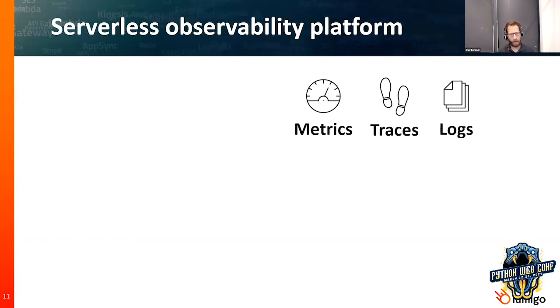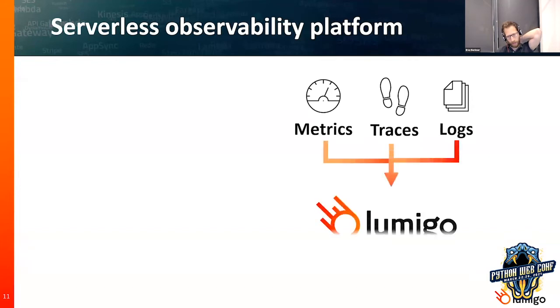These are the things that every monitoring platform should gather in order to give you visibility into what's going on in production. And specifically, we do that automatically with our SaaS platform in Lumigo, and that's how we allow our users to monitor and understand what's going on in their serverless backend.